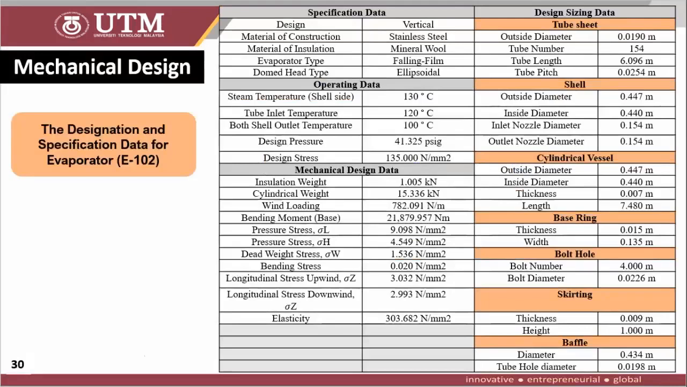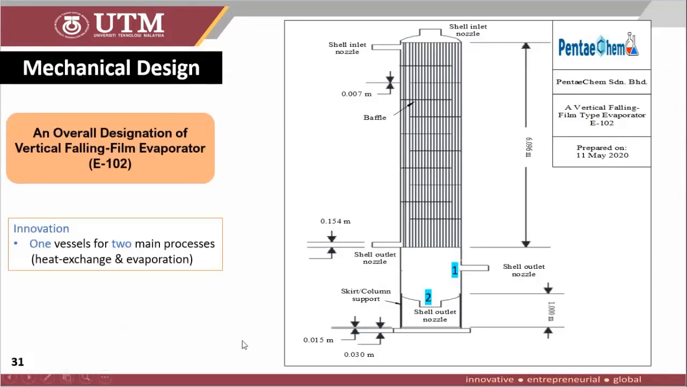And for design sizing data, we considered tube shape, shell, cylindrical vessel, base ring, ball hole, skirting, and baffle. And this diagram shows the overall designation of the vertical falling film evaporator. The innovation from the available evaporator is that our evaporator only requires one vessel for two main processes. The heating process occurs in the shell and tube part, and the evaporation process occurs in the bottom part of the vessel. The vapor, which is formaldehyde, will evaporate out through outlet 1, and the concentrated liquid will proceed to